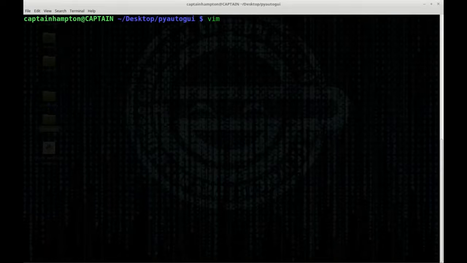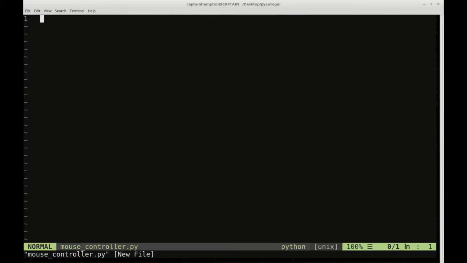So I'm just going to create a Python file which I'll call mouse controller.py. And I'm just going to first start off by importing the PyAutoGUI module. And before I even get into the mouse manipulation aspect of this, I want to mention something that I probably should have mentioned in previous tutorials on this module, and that is what to do if you have a rogue